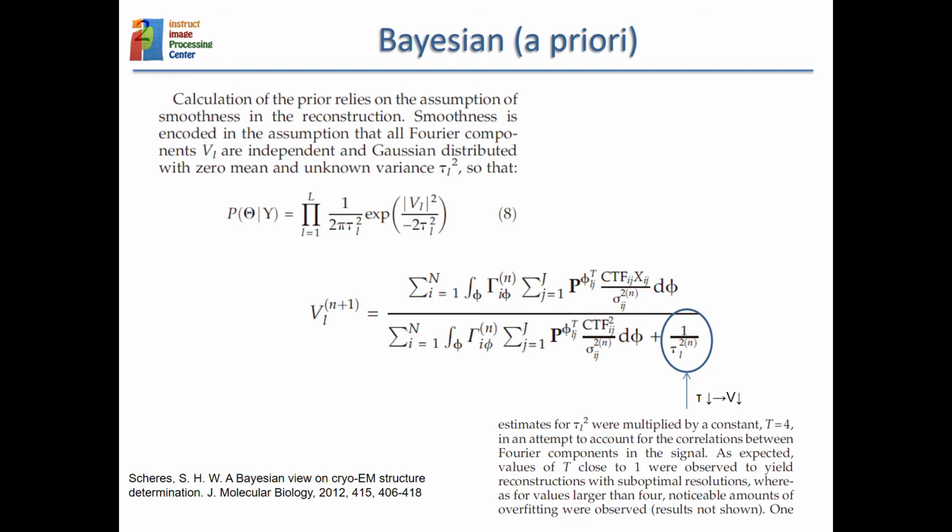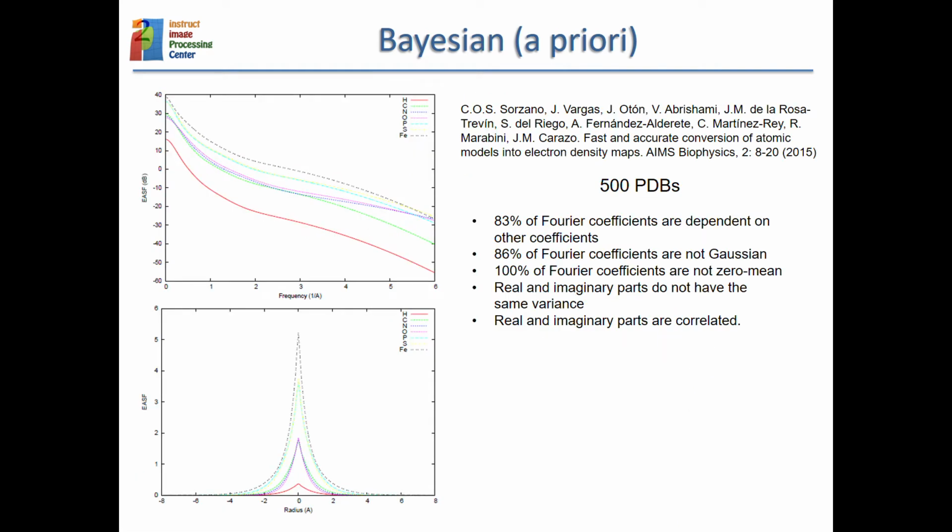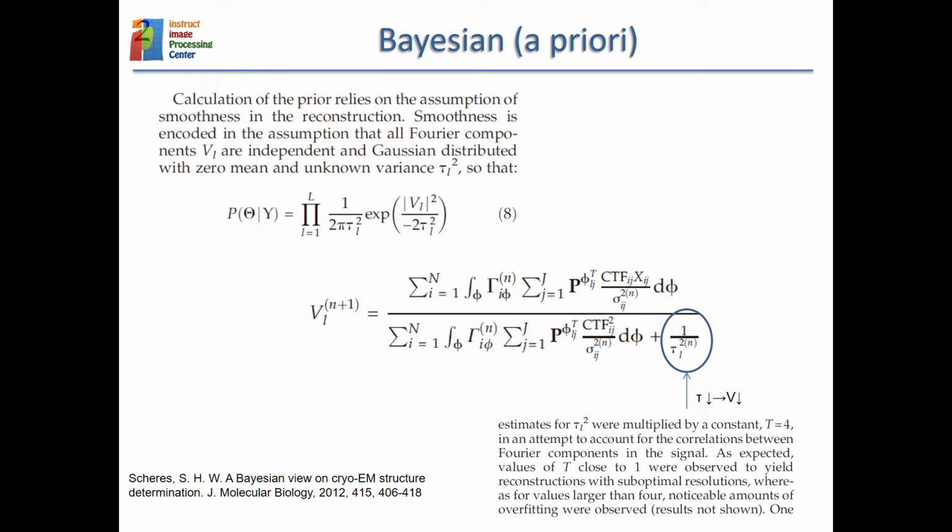Maybe one of the objections we could raise is that the assumptions that the Fourier coefficients are independent, Gaussian distributed with zero mean and unknown variance, are not fulfilled for actual structures. If you analyze 500 PDBs and convert them into densities using electron scattering factors, you realize that the Fourier coefficients are not independent from each other, they're not Gaussian, and they don't have zero mean. So these assumptions are not fulfilled, but still they have been useful because they impose a low pass